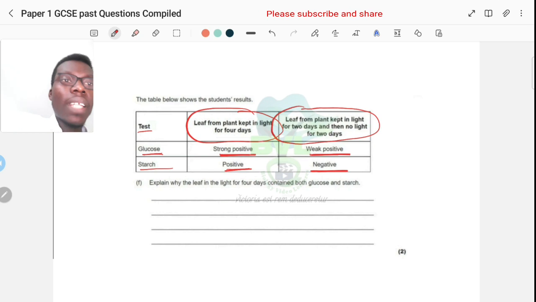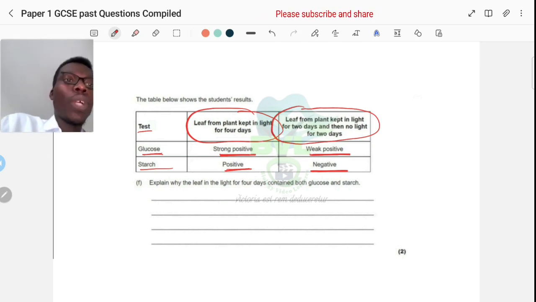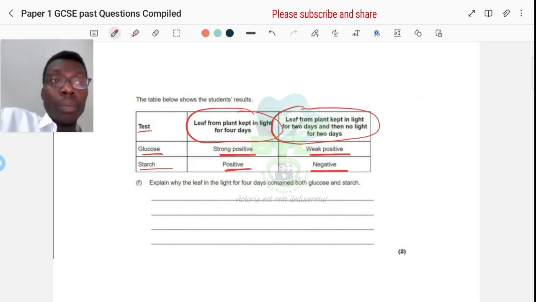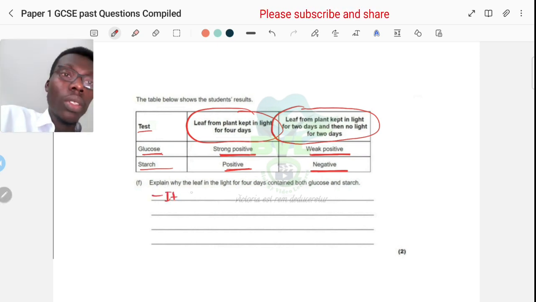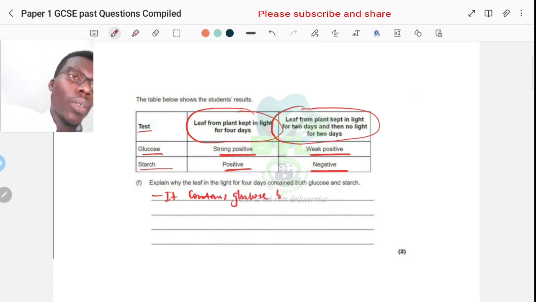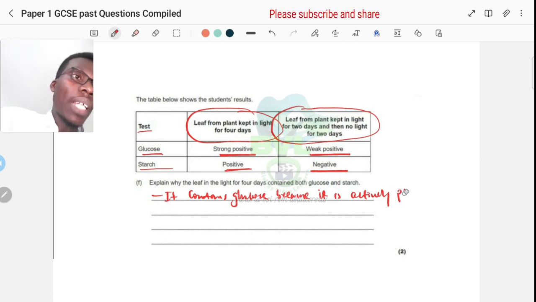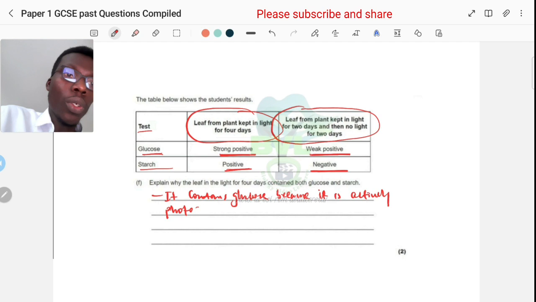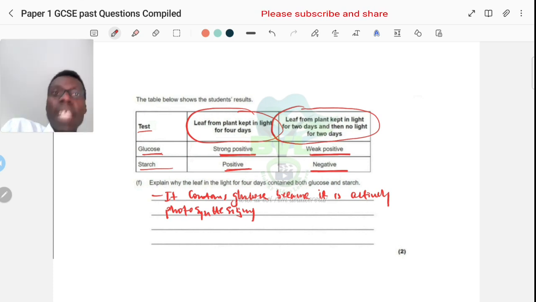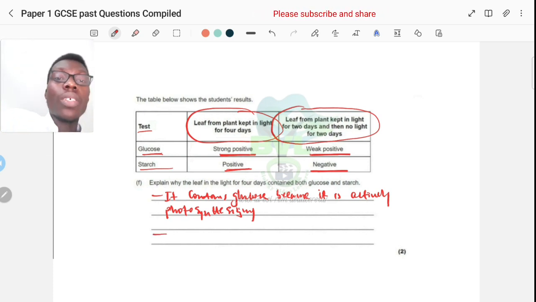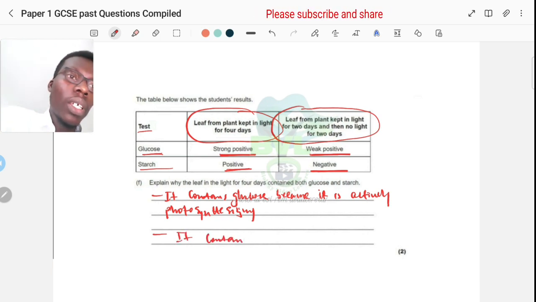Okay, explain why the leaf in the light for 4 days contains both glucose and starch. Interesting. It contains glucose because it is actively photosynthesizing. Yeah, because it's still photosynthesizing every day. How does it have starch? Because glucose is stored as starch. So it contained starch